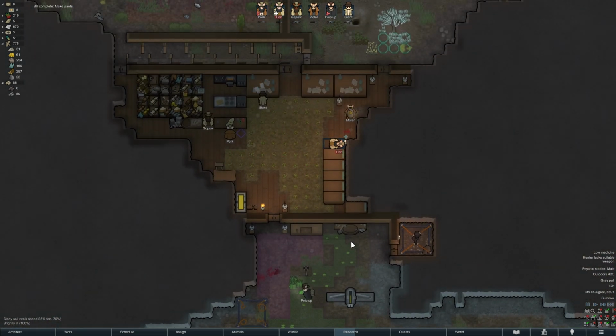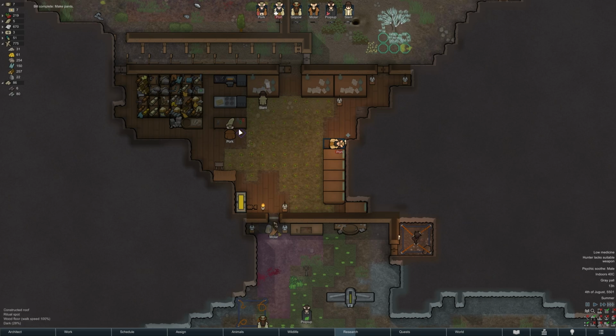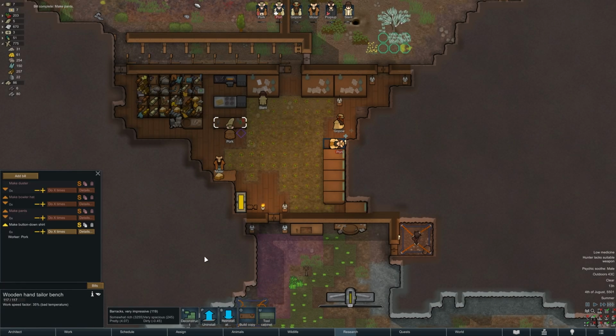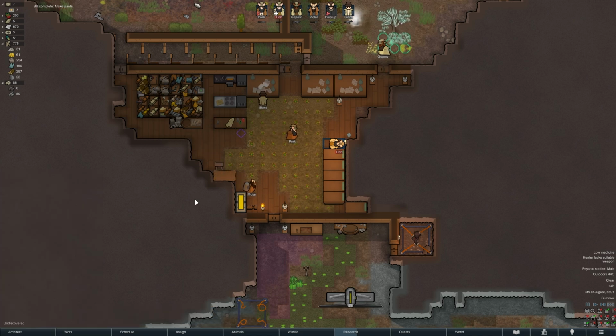Right, we're starting to make pants and stuff like that. I feel like everyone should have pants now, which is actually really, really handy. We're on to making button-down shirts for everyone. And then we're actually all geared up in normal clothing, which is obviously...